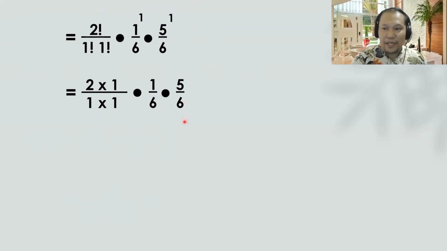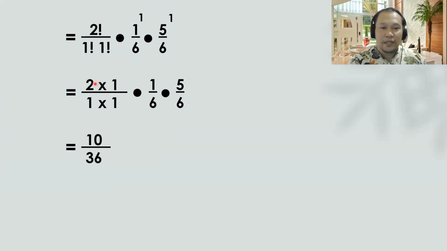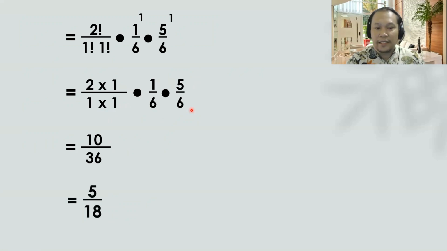And then application of the multiplication for fractions, we have 2 times 1, 2 times 1 times 5, 10. 1 times 1 times 6 times 6, 36. Therefore, the answer is 10 over 36. And we can simplify this into 5 over 18. Therefore, in our case,